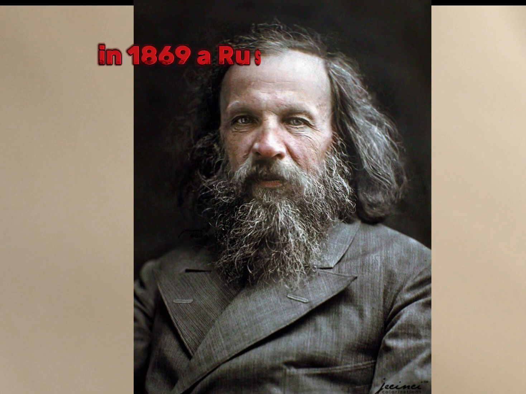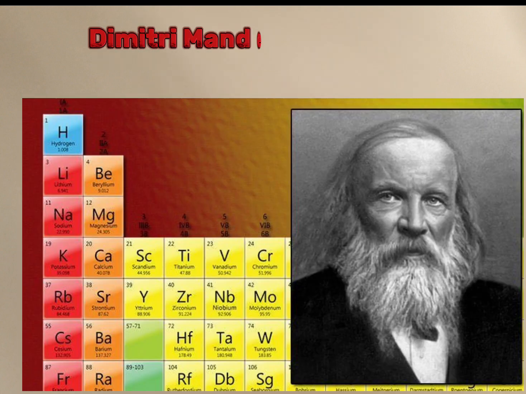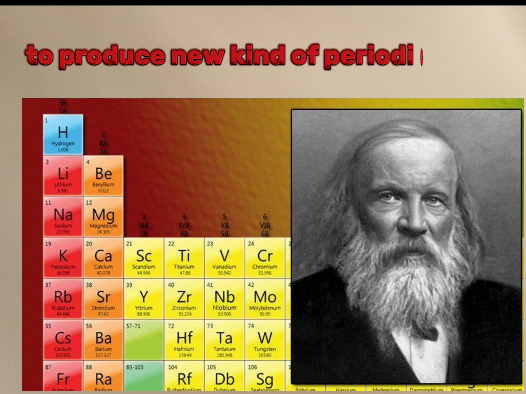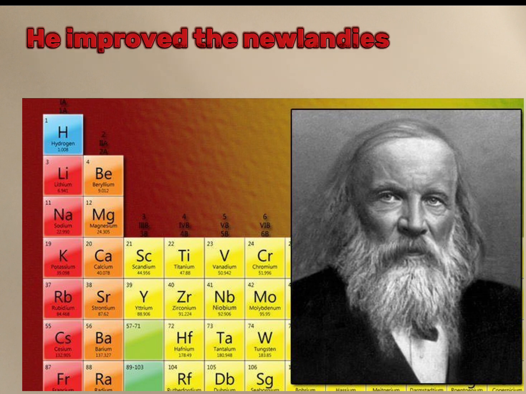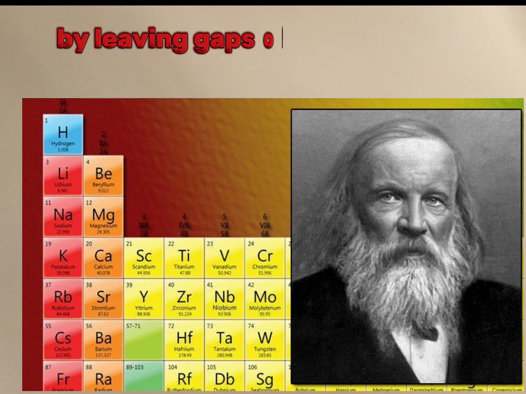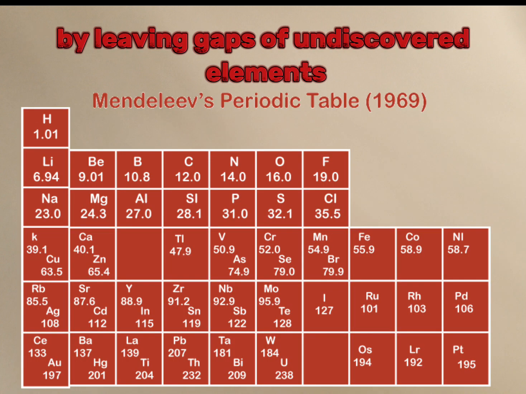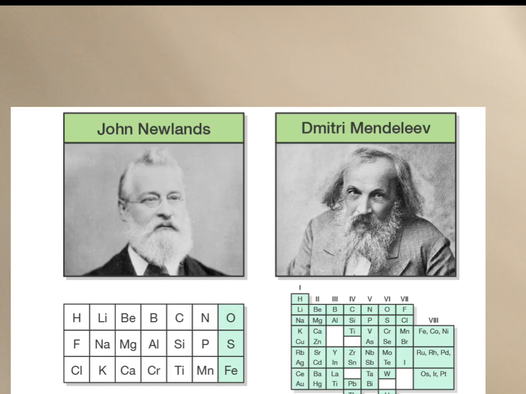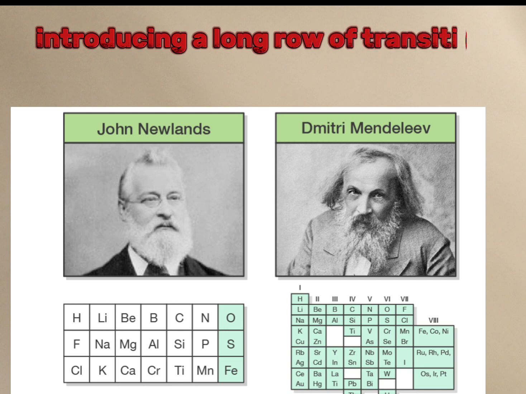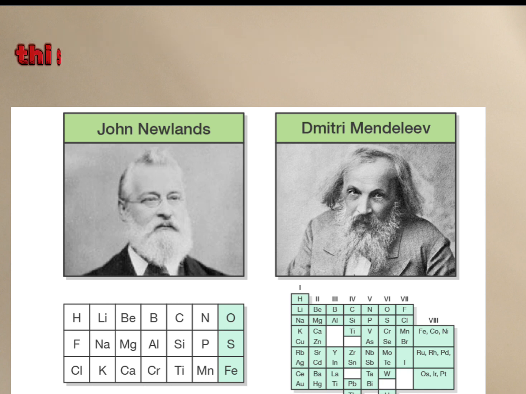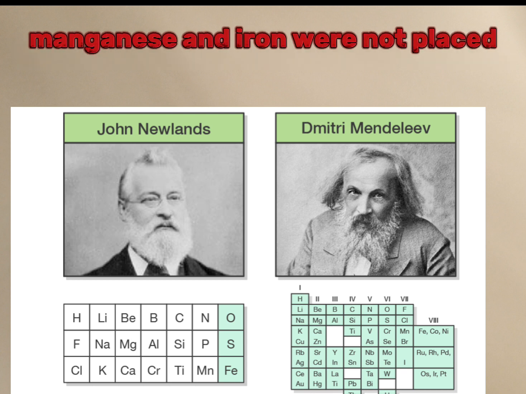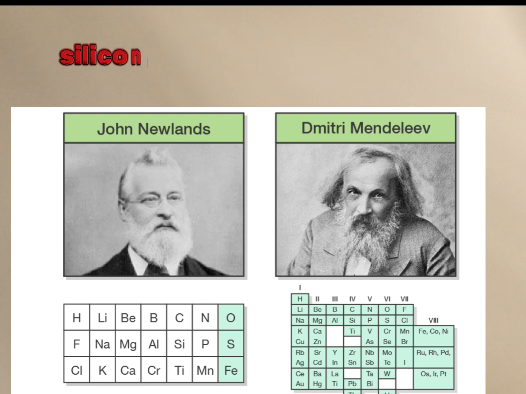In 1869, a Russian chemist, Dmitry Mendeleev, used Newlands' basic idea to produce a new kind of periodic table. He improved Newlands' periodic table by leaving gaps for undiscovered elements and predicted their physical and chemical properties. Introducing a long row of transition elements. This means that elements like titanium, manganese, and iron were not placed under nonmetals, silicon, phosphorus, and sulfur as in